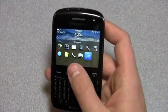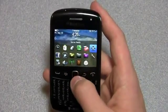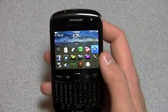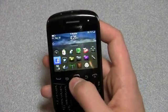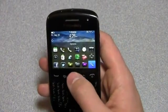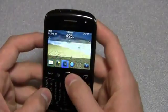and then I didn't mean to go into Frequent. See, I'm doing it again. I just tried to scroll over on the screen. It is not responding. And then RIM social feeds as well, which is kind of an aggregation software for Twitter, for Facebook, and for all of your other social networks. Now, speaking of those, Facebook and Twitter come pre-installed out of the box, and you get some nifty games as well. So a general BlackBerry setup here,